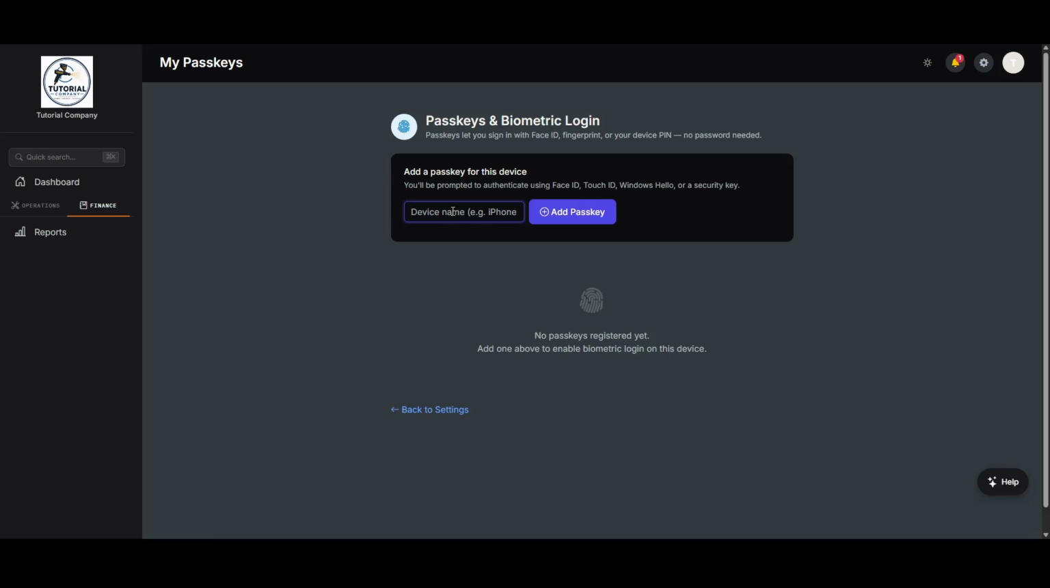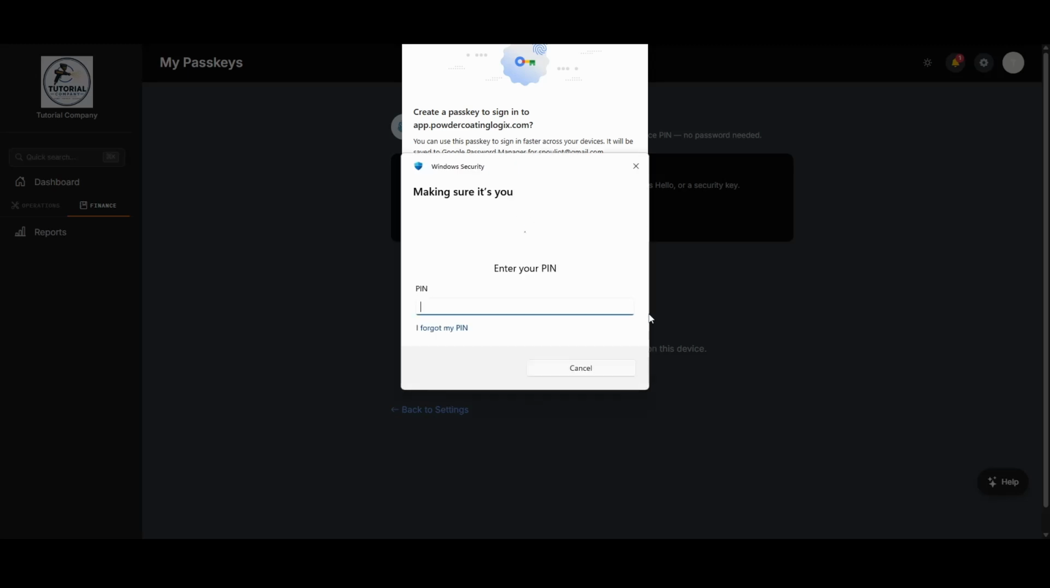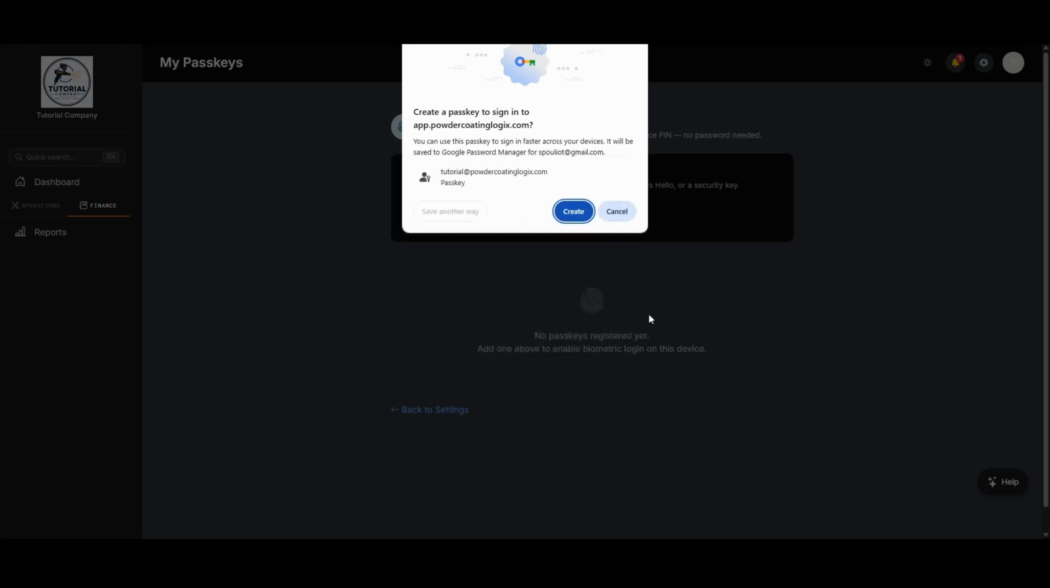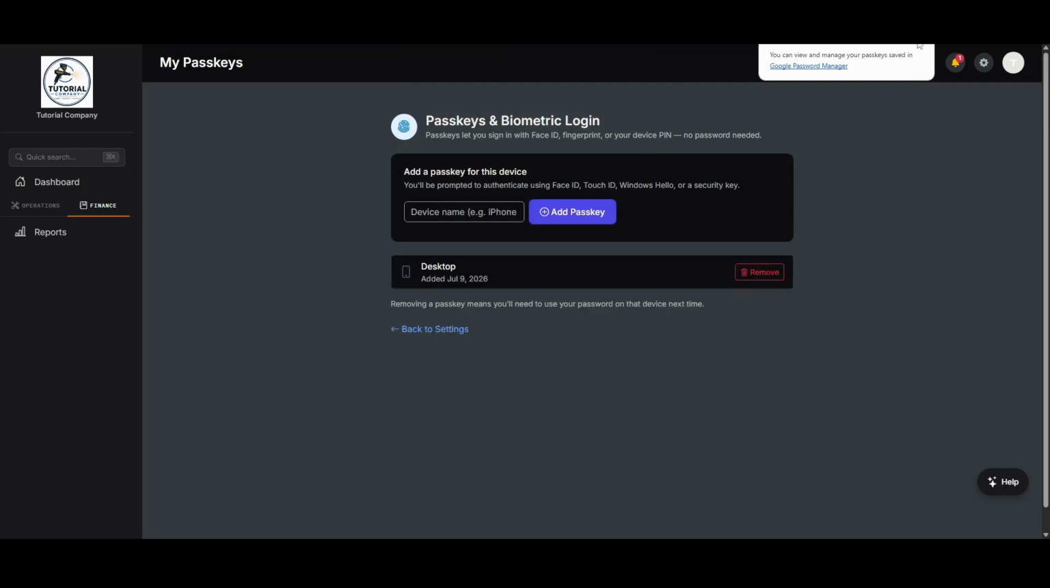So if we want to add a Windows Hello passkey for my desktop, which I'm on currently to record this, we can give it a name and click on Add Passkey. Now your operating system is going to prompt you, hey, do you want to create a passkey for this? Sure, let's go ahead and create one. It's going to ask you for your PIN code for your desktop login. Now you've got a passkey set up. So if we log out